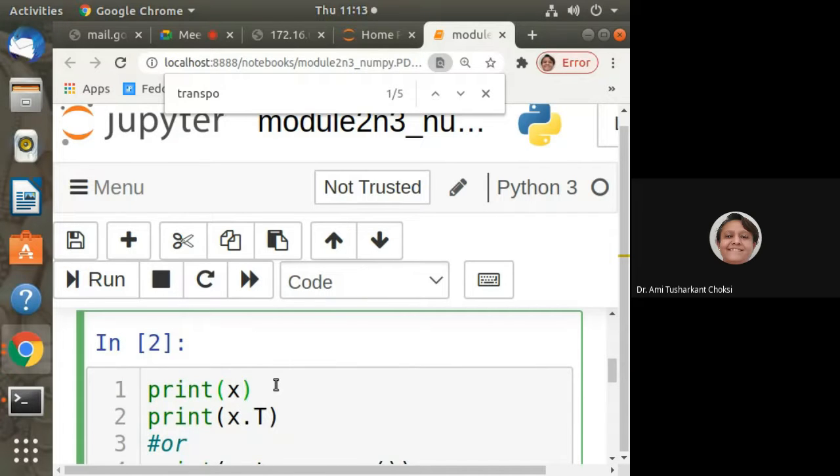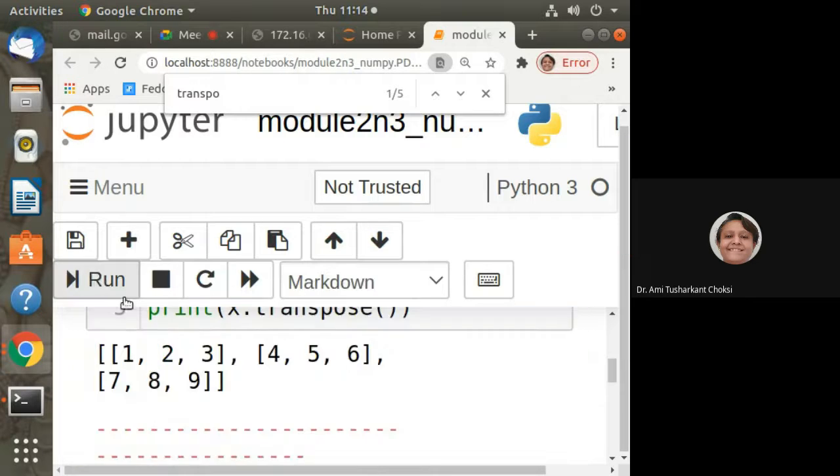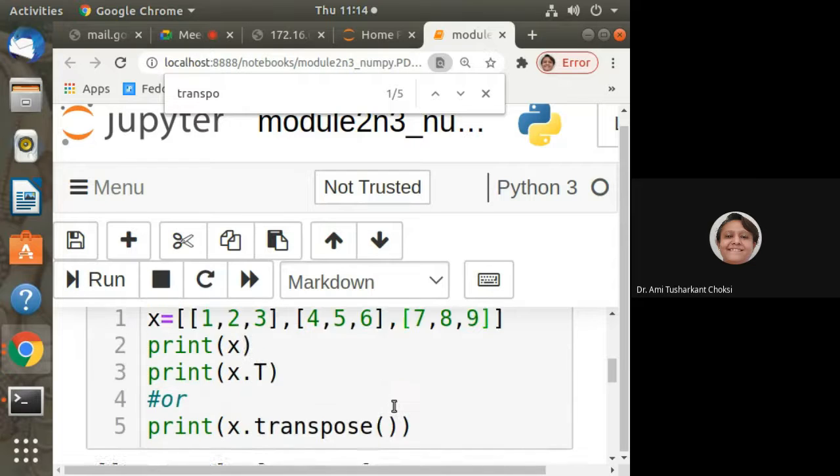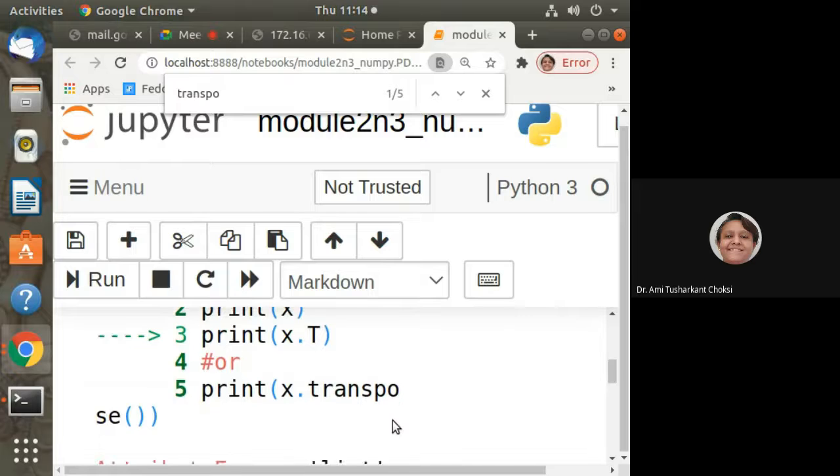Let me put it here. x is equal to, say, 1, 2, 3, comma, 4, 5, 6, comma, 7, 8, 9. Okay. Now, what happened?